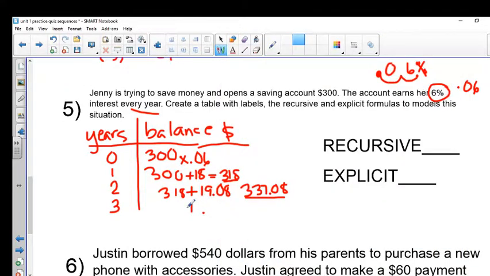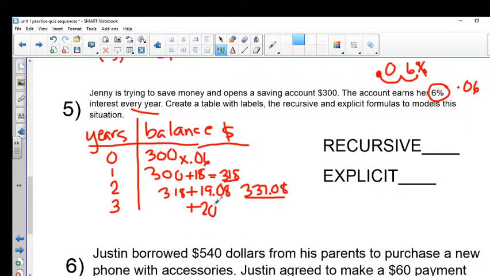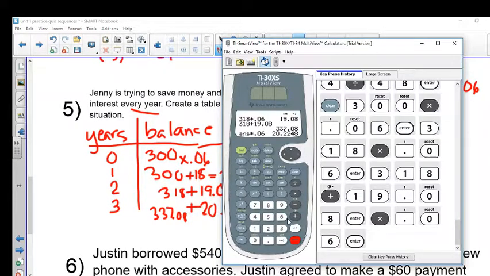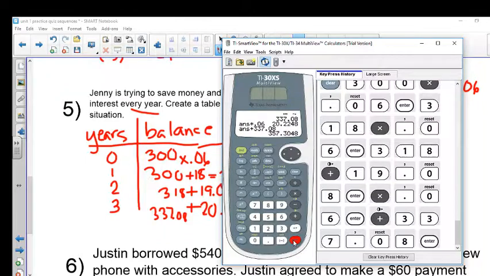So it's going to be plus that $20.22 to the $337.08. So we add those together. We add $337.08 and we should get a total of